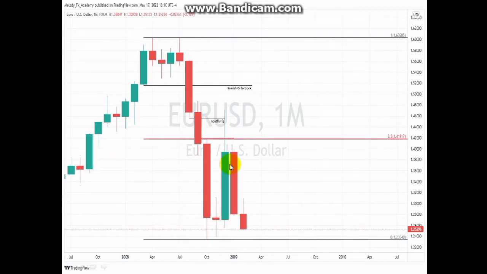Now, I want you to take a look at something. Prior to here, to get into this fair value gap, our bias was bullish. Then when we got here, we changed our bias from bullish to bearish until price gets down to these particular levels right here, because as you can see, the bodies of the candles are relatively equal. So this is liquidity being engineered.